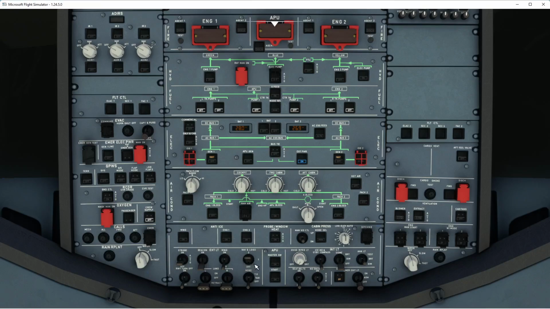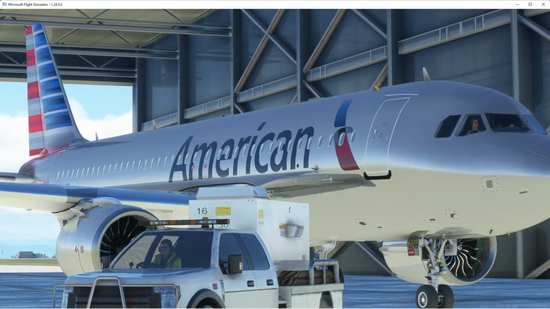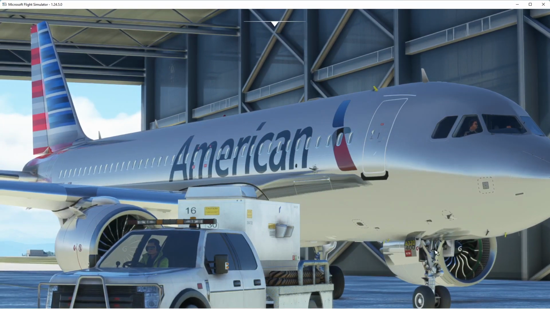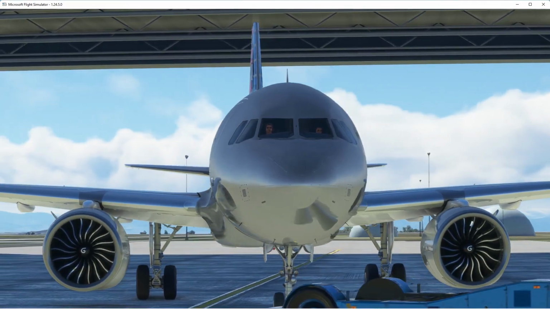So in this case, this is the nav light and logo. So let me see, is that a 3-position switch? I don't think it is. So that might not be a 3-position. It looks like it though. Maybe it is. Maybe I'm just not clicking it just right. But at any rate, I guess we can go out and look and see if I can't tell if the logo light's on or not, but you get the general idea. So that's how you do a 3-position switch